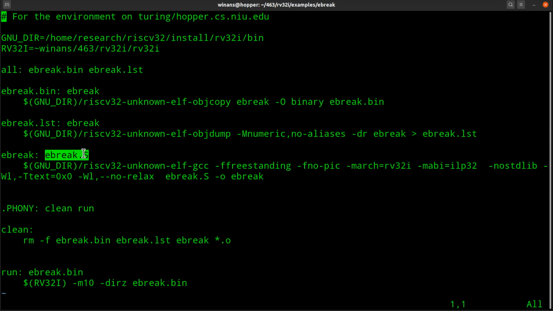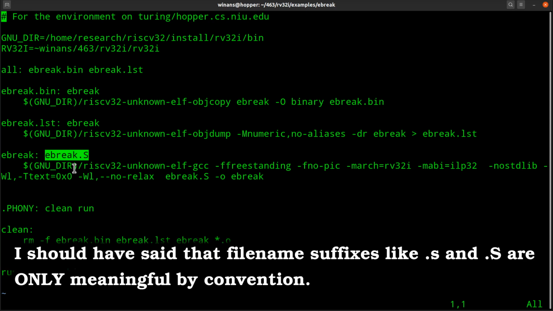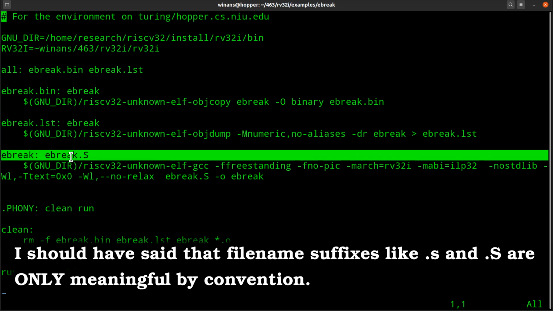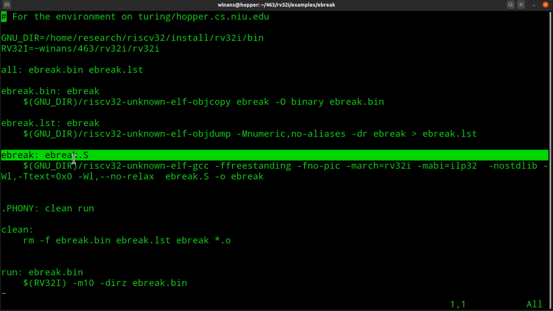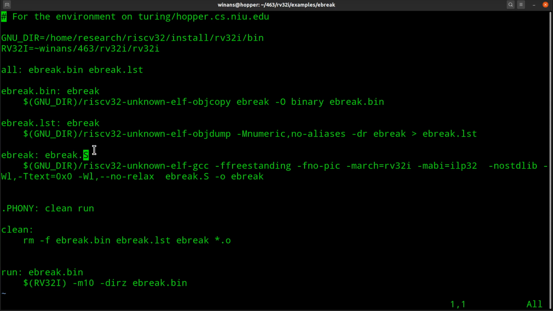And anything that ends in a .s on Unix, Linux systems are assembly language source code files, okay? The capital S to the GNU compiler means that this file should first be run through the preprocessor just as if it were a C program. In other words, I can put #include in there, I can put #define in there, and things like that, okay? If I put a little s after it, it will not run it through the preprocessor, okay? I write all my assembly language programs with big S, whether I need them or not, just because of habit,